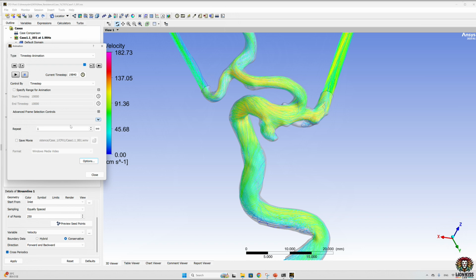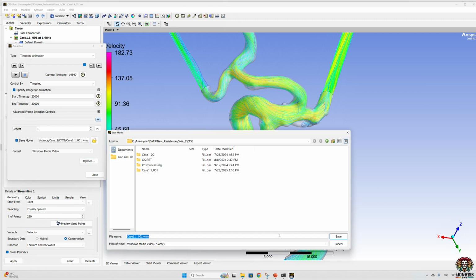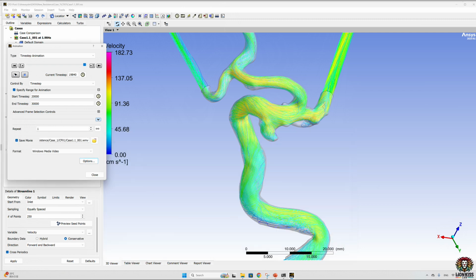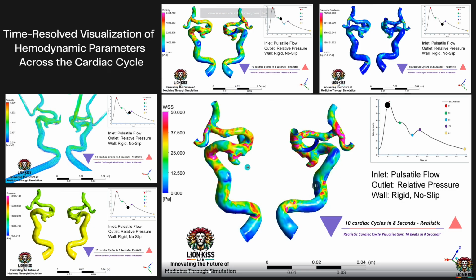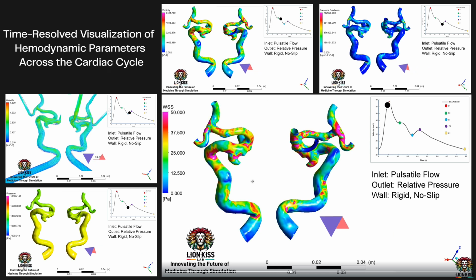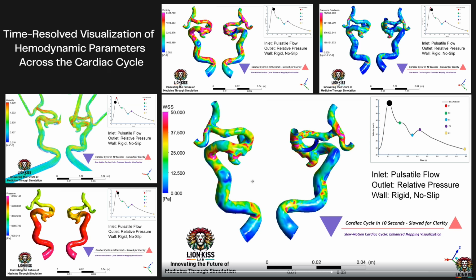So if you want to make it animated, you can select here and you can select time steps, like 20,000 to 30,000, so you can select different time steps, and also you can save at your desired location. So I will show you, then just click here, it starts creating the animation of your flow. Like here you can see my animation in which I use different animated, 10 cardiac cycle